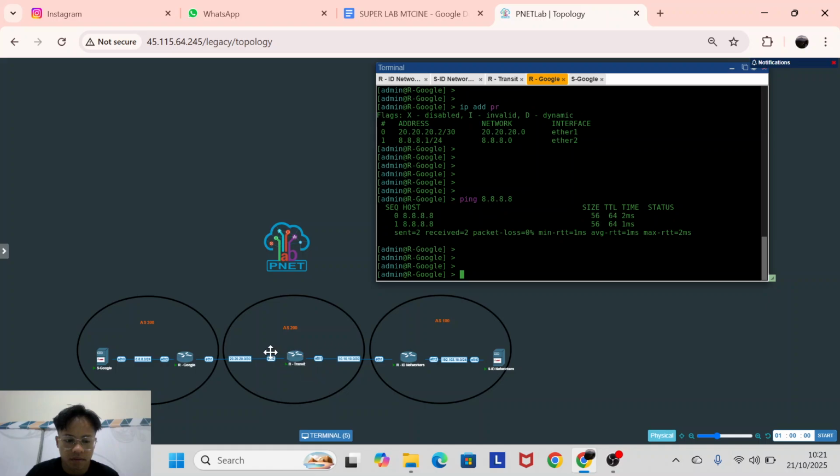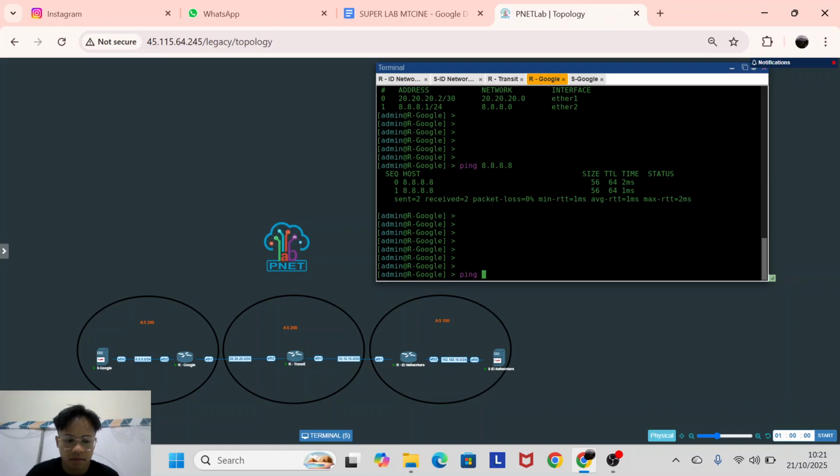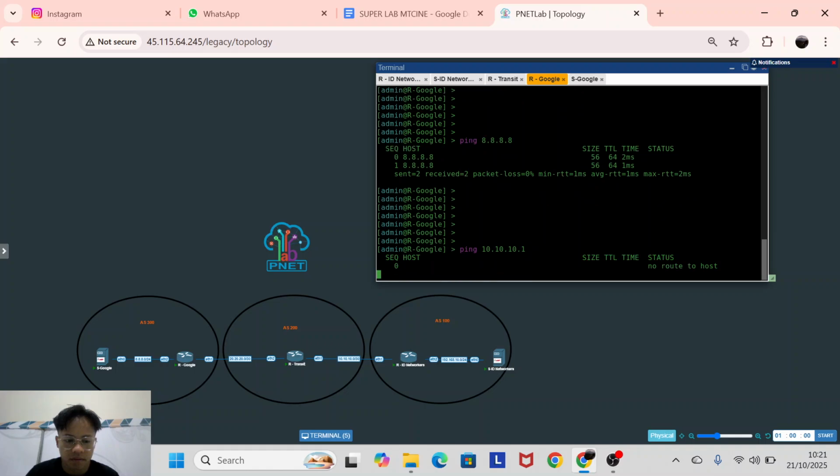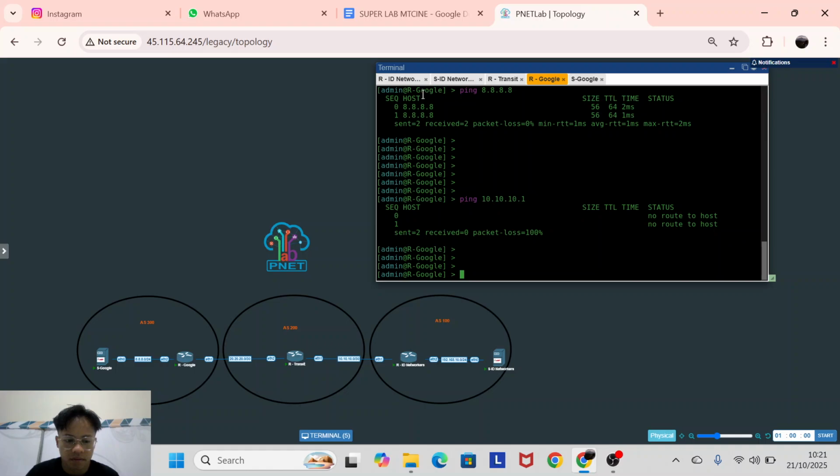But BGP is to connect another autonomous system. So this is how to ping Google from our local. It cannot, because it's not connected, but we will try to connect it.